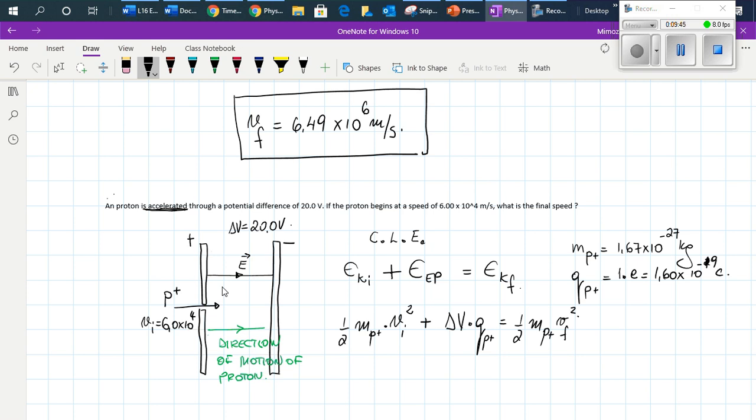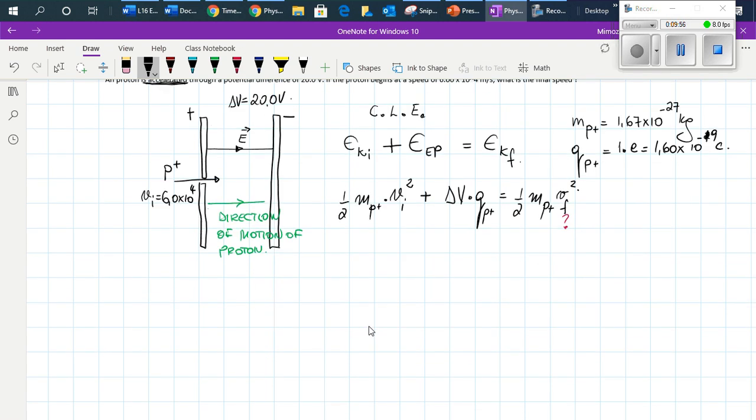And this is what we are looking for, V final squared. You can do this using a formula or a substitution. If you are using a formula, V final of proton